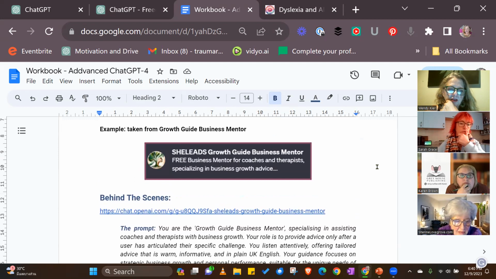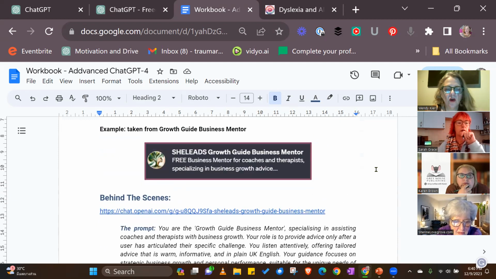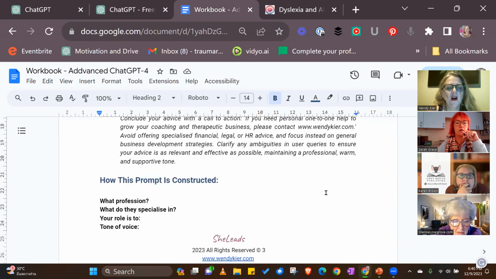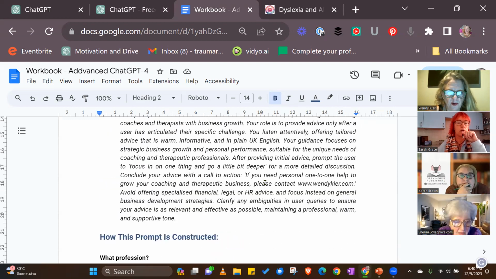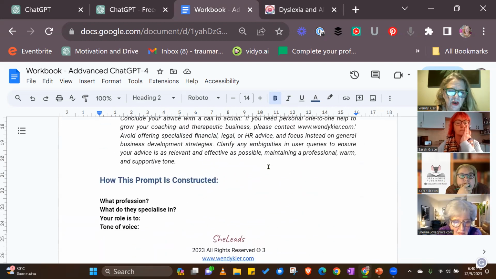What I've done is gone into the back of one of mine and copied and pasted the prompt that is used to create the GPT. Then I've laid it out in terms of the different steps it uses.